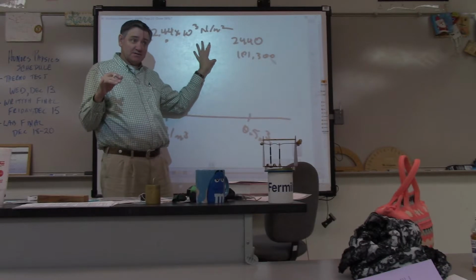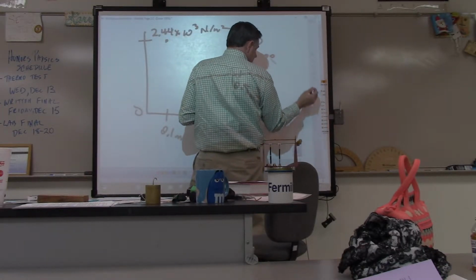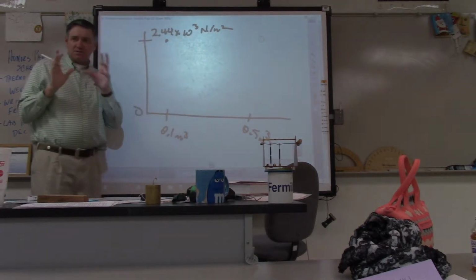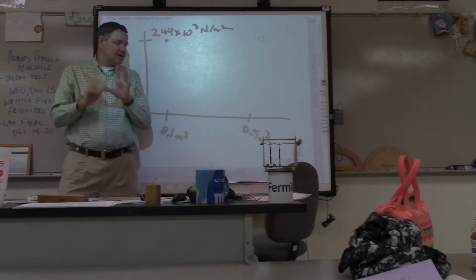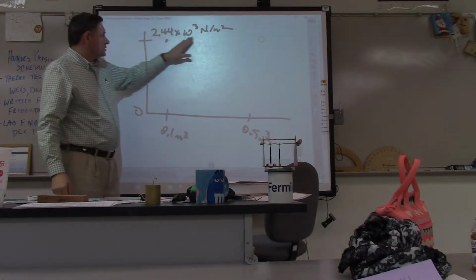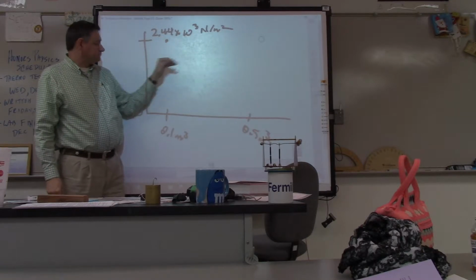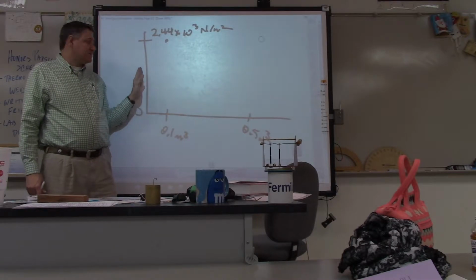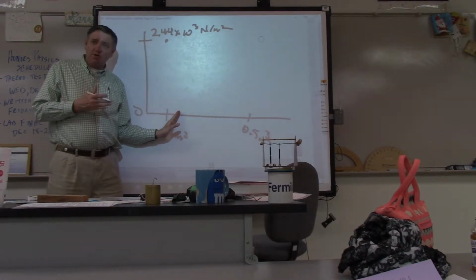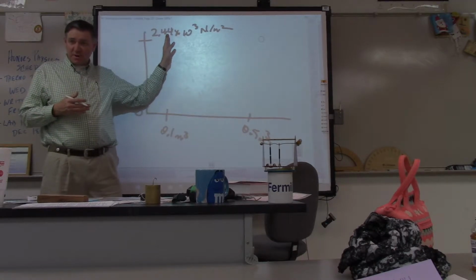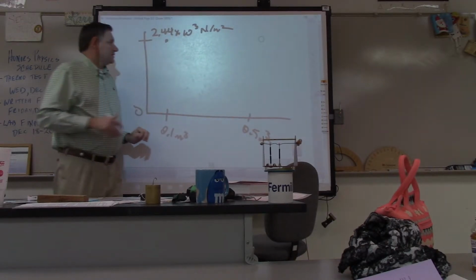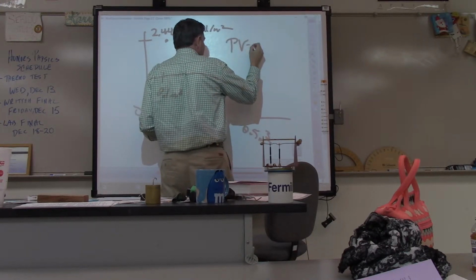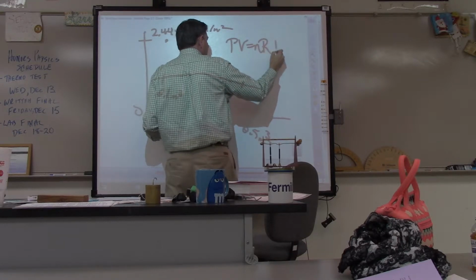So I'm just going to have this as a number. Here's what's going to be important: on the pressure-volume graph, you can also figure out a third set of data. You have 2.44 times 10 to the third newtons per square meter and a volume. So this is like an X and Y coordinate system: here's my X component, 0.1 cubic meters, and my Y component is the pressure. Now, you also have to remember, and this is going to be the key to this, that PV equals nRT.